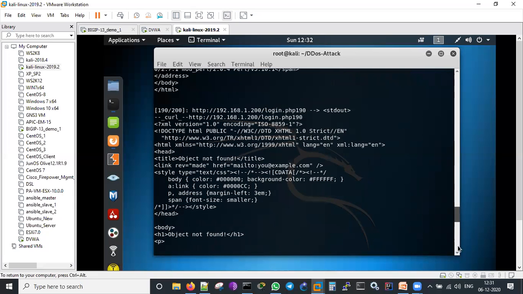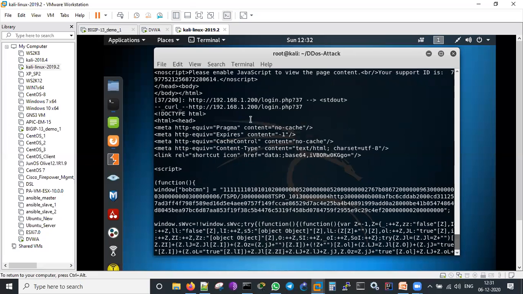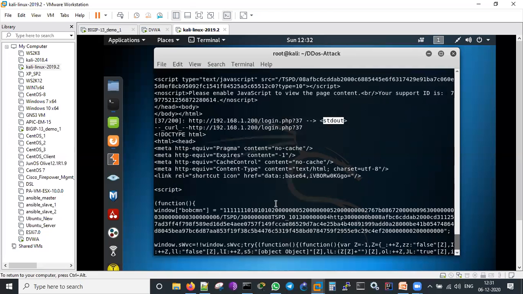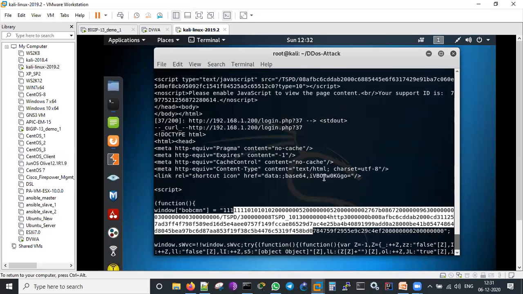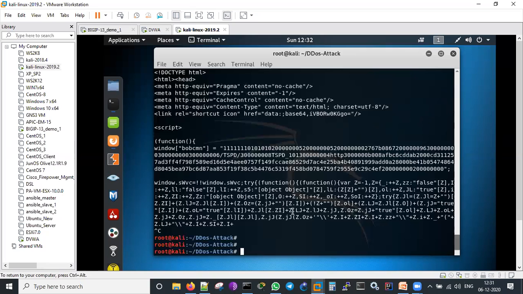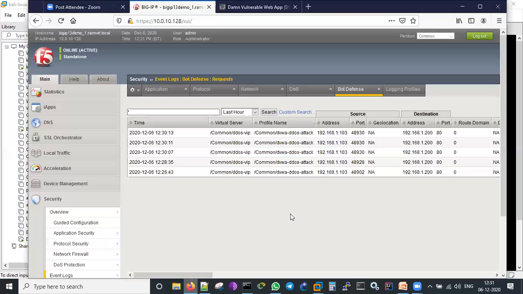But when we made the profile active, now we are not getting the results as such. See, it is coming like standard out. It's completely junk. Nothing is coming to us. JavaScript is running on this, but it is completely junk. We are not getting any outputs at all from the server itself. Means our ASM is protecting us from somebody trying to attack our servers. So like that, we can do a number of labs on this, ASM.